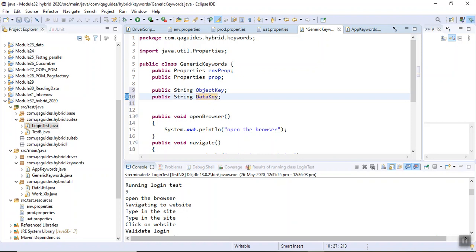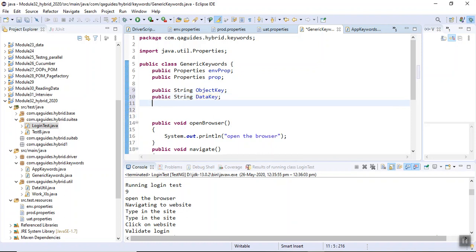Fine. And hash table. So we need to provide these values from our driver script. Okay, we need to provide from our driver script to our generic class. Getting the point? Okay.